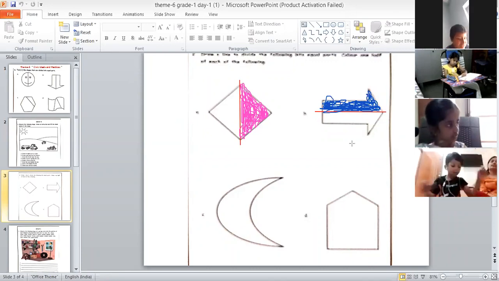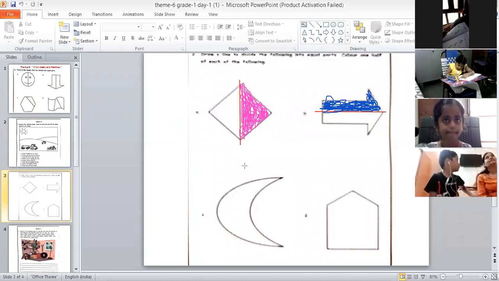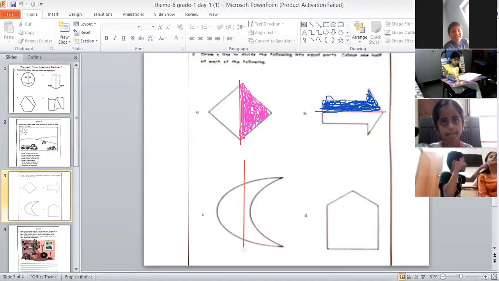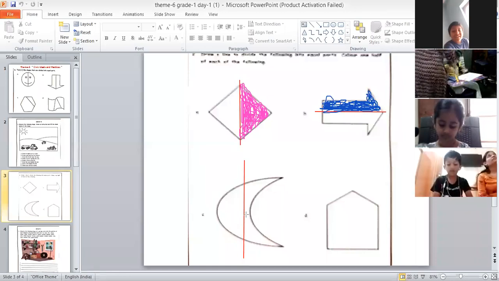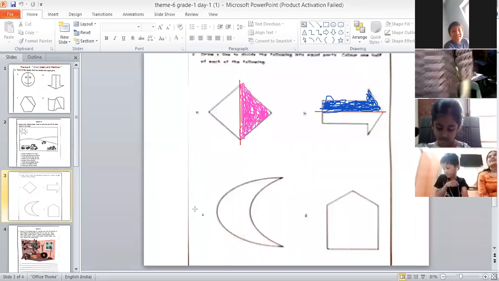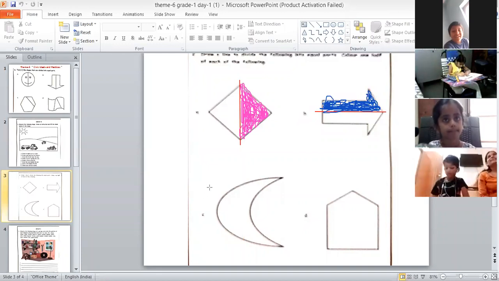That's correct. Yes, children, see here. If I draw a vertical line, then I will draw a line like this, right? But if you look at the shape carefully, now this shape is not divided into equal parts, right? But if I draw a line horizontally, see, I can draw a line here also. I can draw a horizontal line here also. But I have to see where I should draw a horizontal line. If I draw this first horizontal line like this, then this will not divide the shape into equal parts. These two parts are unequal.